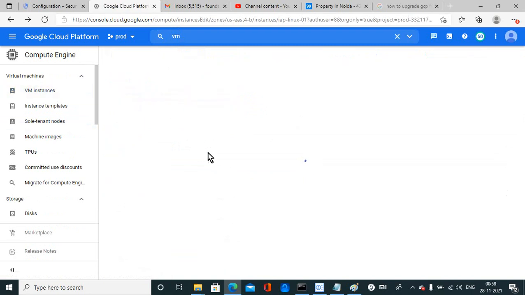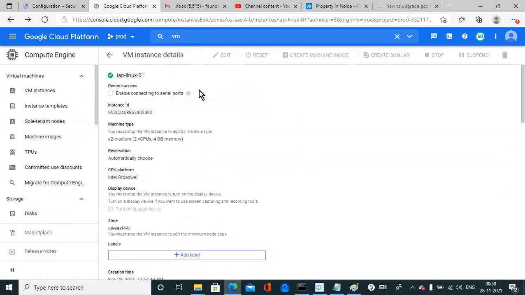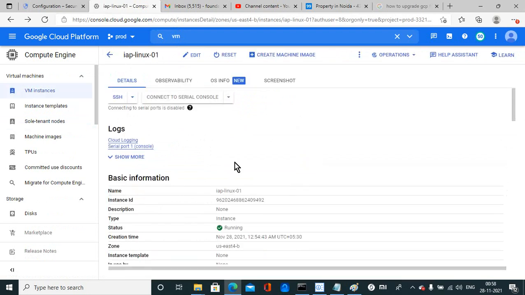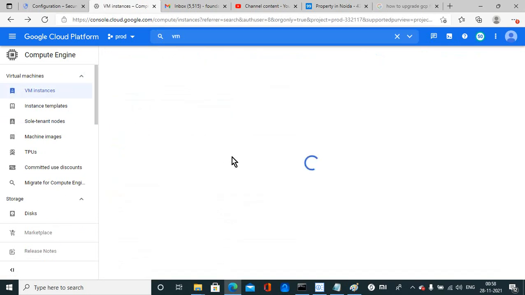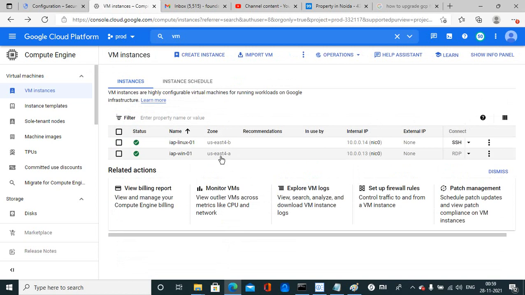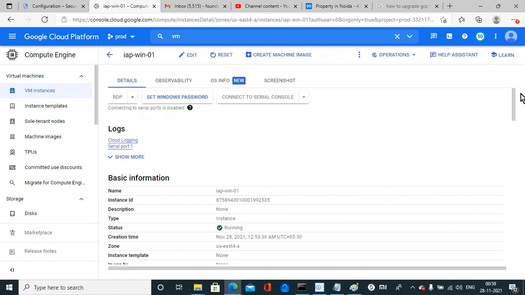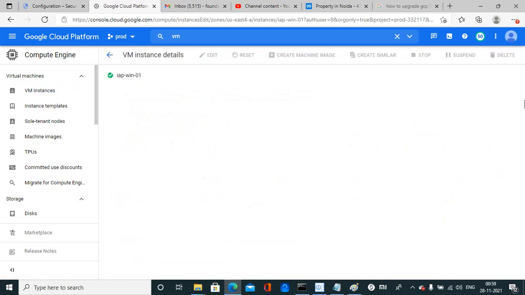So I'm just applying the firewall rule on the virtual machines. Now this is Windows, and go to edit. Again you have to do the same process.